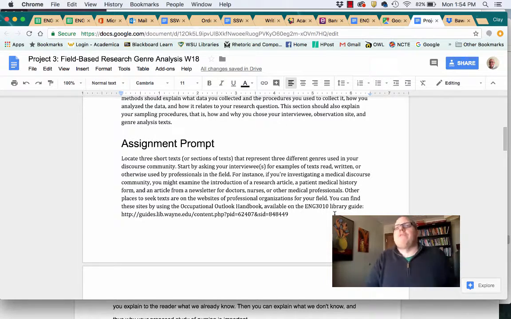So we're doing these rough drafts and final drafts for Project 1 and 2, but you're going to take all of that material for Project 2 and it's going to end up in the rough and final drafts for Project 3. What you're adding now in Project 3 is discussion of what you've learned through your primary research, and that's what you should be doing right now.